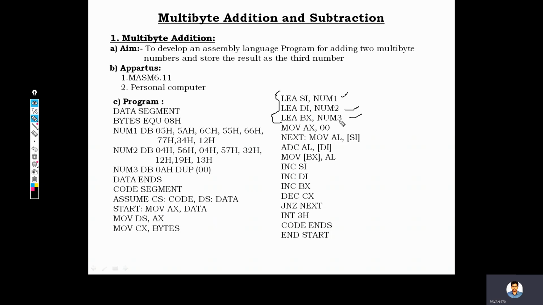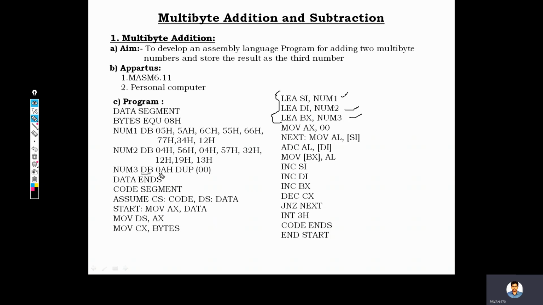Similarly, for our result array num3, its starting location, from which this result array has to be developed and where it needs to store the values, will be held by the BX register, the base register. What is this num3? Num3 is defined as a define byte type, so it is also of byte type.